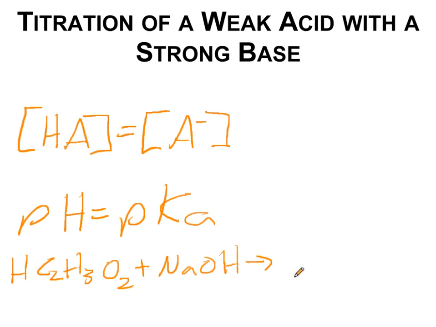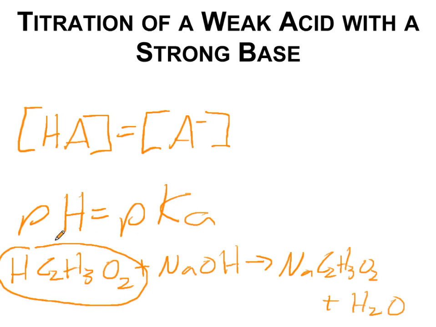Well, that's going to produce sodium acetate and water. The half-equivalence point is the part where the concentration of our weak acid and its conjugate base, the acetate ion, if we were treating sodium like a spectator,